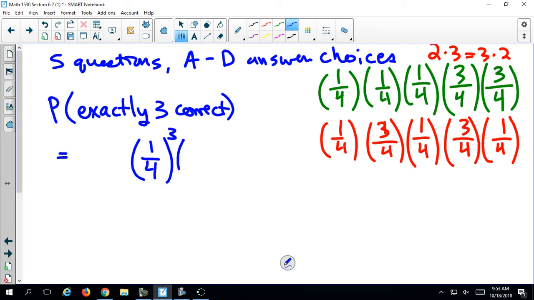And I know I'm going to be multiplying 3/4 twice. So that's going to be in all those calculations. I just need to know how many ways, how many of these, that's one way, that's 2 ways. I need to know how many ways total, and then I'll just multiply by that number. Okay? So what this boils down to